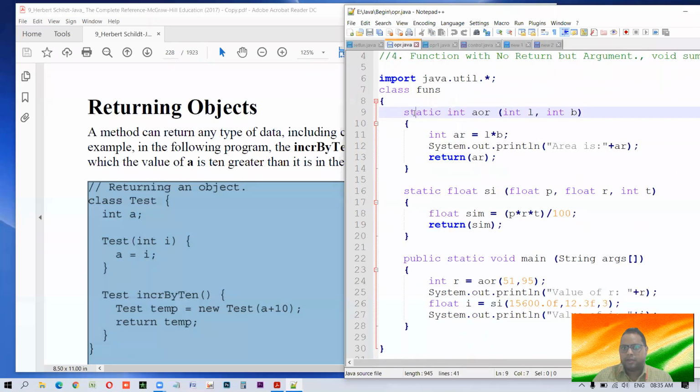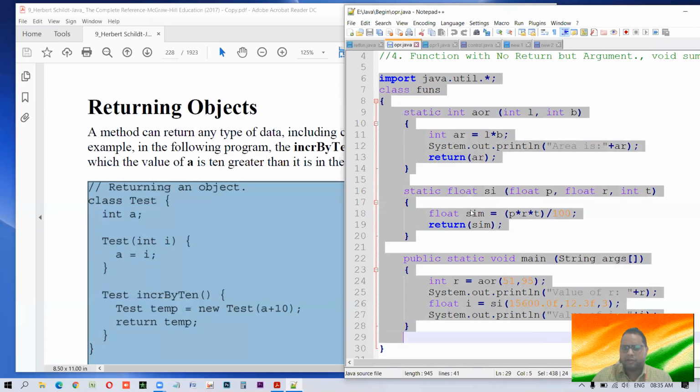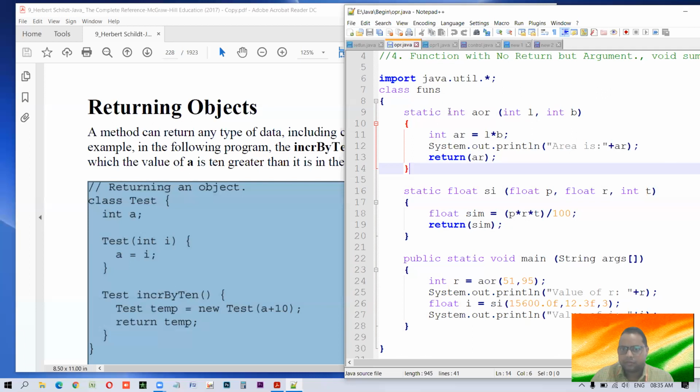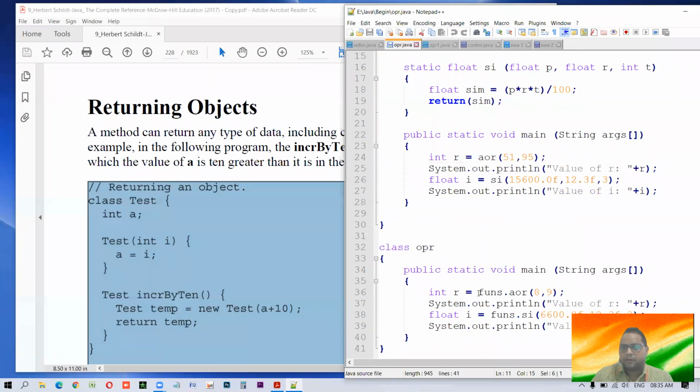To understand this particular program you watch the video relevant to it, but I'm not making you understand this. Just I want to show you, this is int aor, area of rectangle, and it has two arguments. But lastly we are returning ar, which is of the return type, and when this is called, then ar's value will be assigned to r. It will return the value to r.